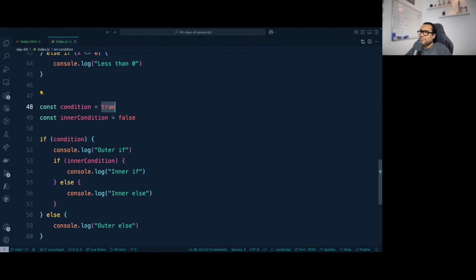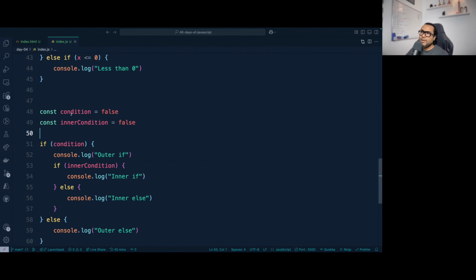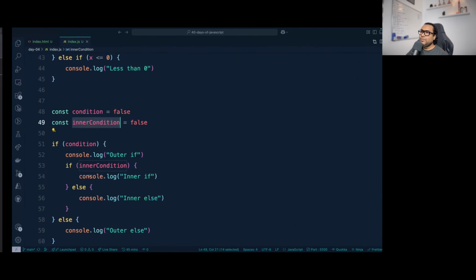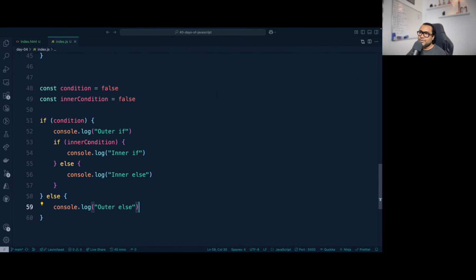Now if we just tweak it, for example, make both of them false, what will happen? This particular condition is false. That means this if block is not going to get executed at all. It is just going to execute this particular console.log outer else alone. Because this is not getting executed, there is no chance of the inner if getting executed, so I don't even have to look into this particular condition. It will straightaway be outer else. Yes, outer else. So like this, you can practice different conditions and see how different values come out. Not just what I am teaching alone, you should also experiment out of your own interest and try to learn it even better.